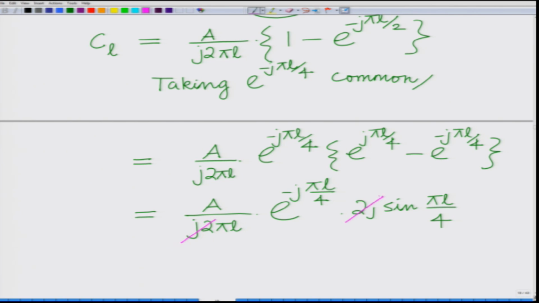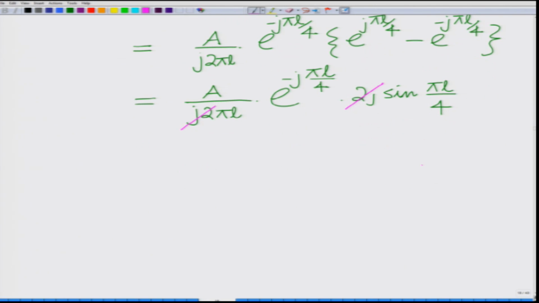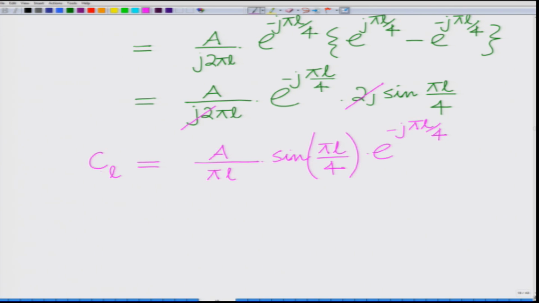The 2 j's cancel, and therefore, what we have is A over pi L sin pi L by 4 times e to the power of minus j pi L by 4,